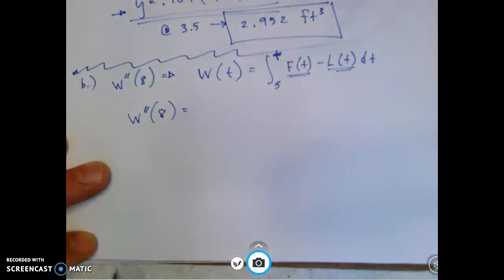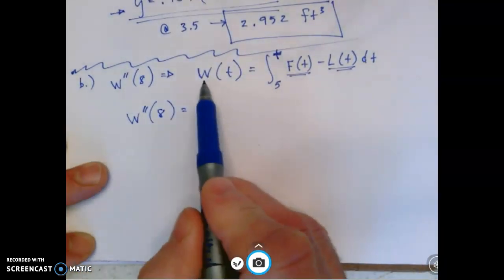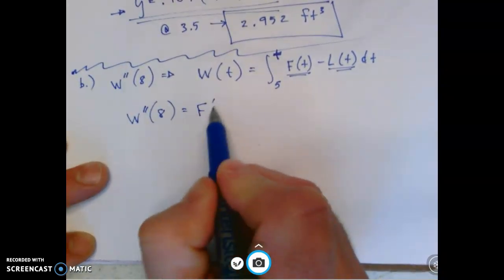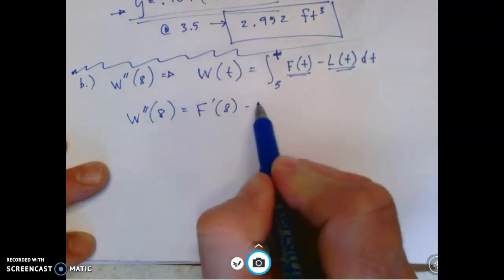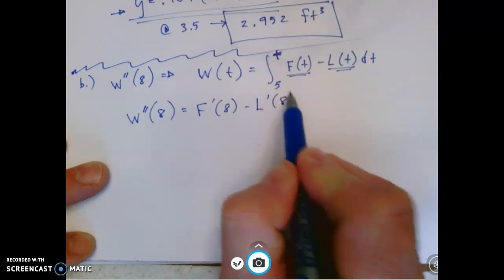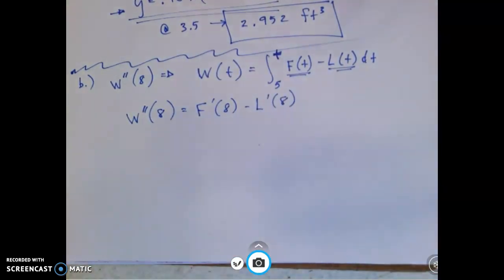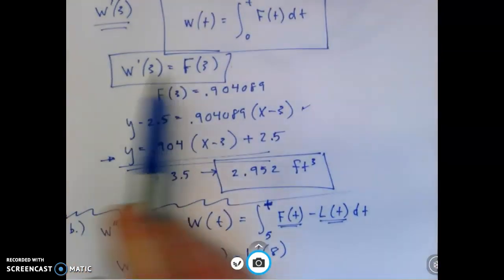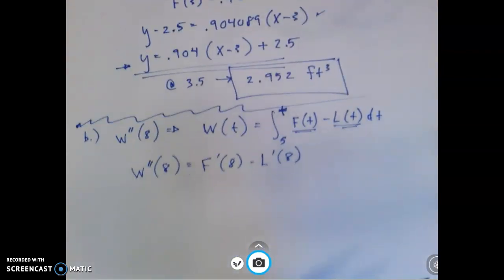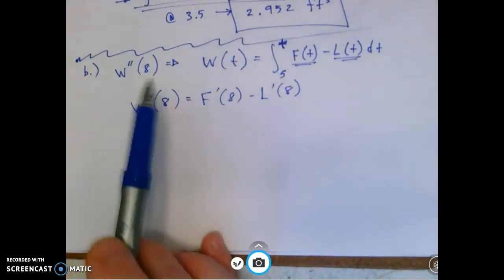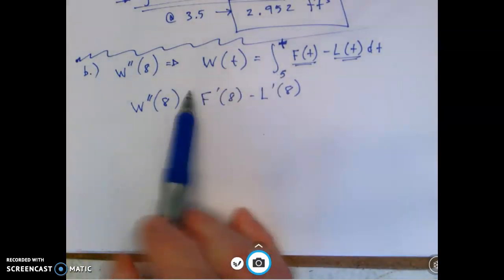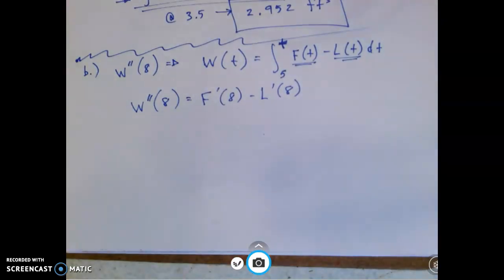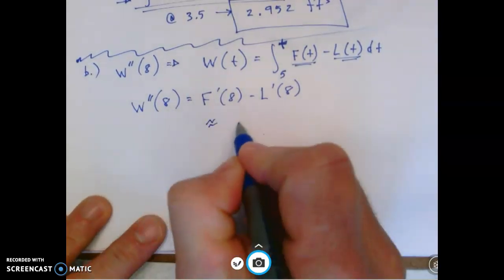second prime of 8. And what that means is, remember, W prime is simply these two functions. F second prime would be the derivative of these two functions. All right, so we're using the fundamental theorem of calculus to go from originally W prime of 3 to F of 3, and now we're using it for the second derivative, which is the same process. We just do it again, and we end up with F prime of 8 minus L prime of 8. And we use our calculator here, and we end up with negative